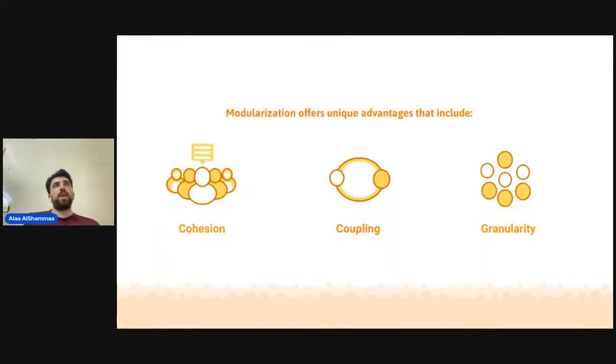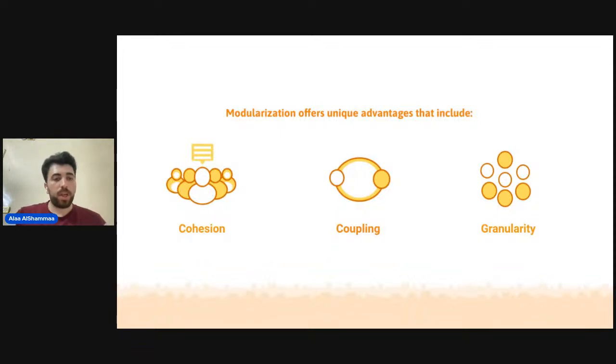Now, as we will discuss even in this lecture, modularization has many ways. There is no one way to modularize a code base. So how would we judge how good a modular approach is? Here we can depend on three properties: cohesion, coupling, and granularity. We will be discussing in detail what these three properties mean and how to judge a modular code base based on them.